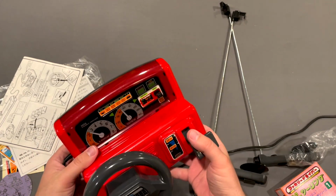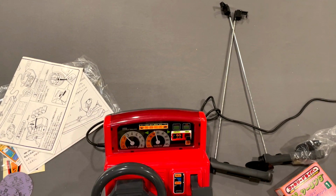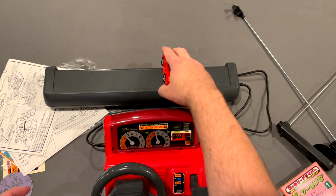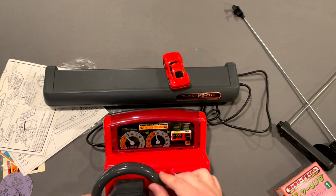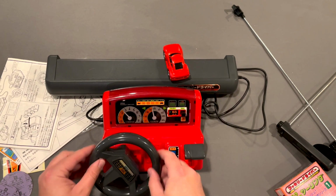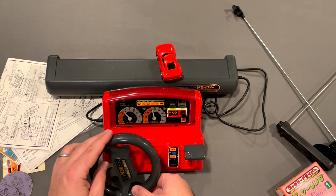Alright, close that back up. And now if I did this right, let's see. Put this here. And we're going to put this here, like it would be in front of the TV. Snap our little car on. Now if I've done this right, I should be able to turn this on. There's dog hair everywhere. And turn the wheel, and this should drive. Oh, gotta...